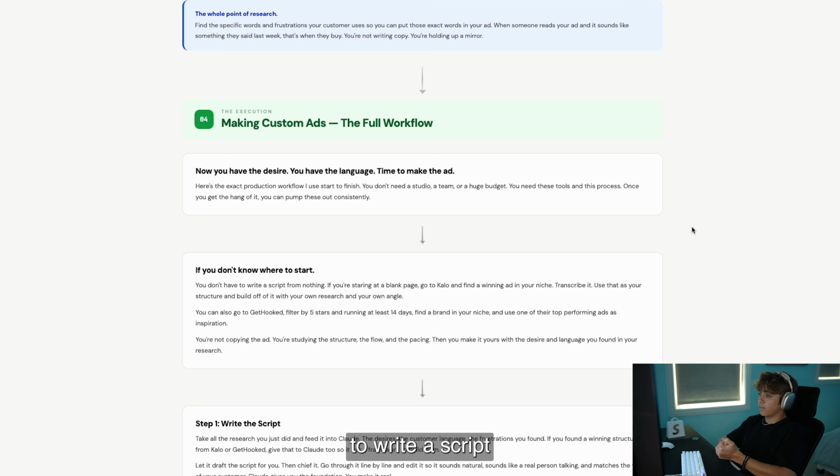So let's say you don't know where to start, okay? You don't have to write a script from nothing. If you're starting at a blank page, you can go to Callow and find a winning ad in your niche, or maybe a winning ad from TikTok Shop. Transcribe it, use that as your structure, and build off of it with your own research and your own angle, and most importantly, your own desire that you just pulled,